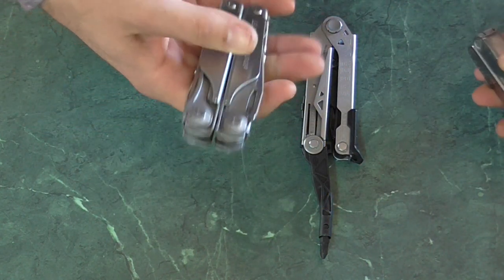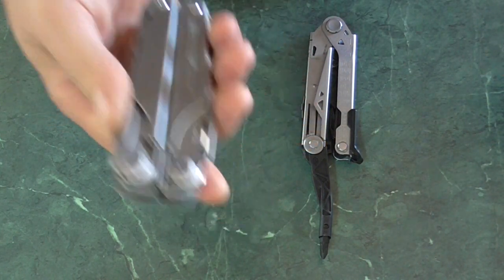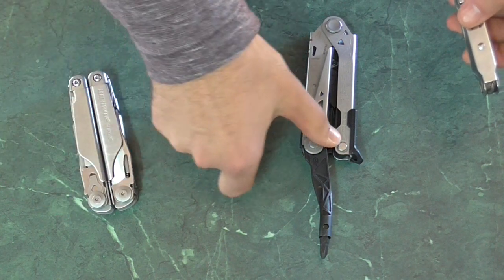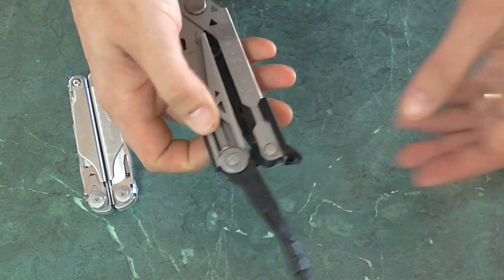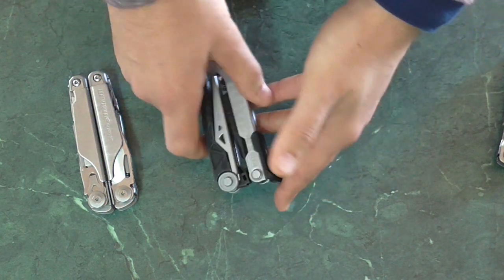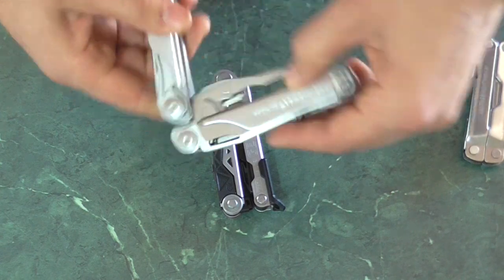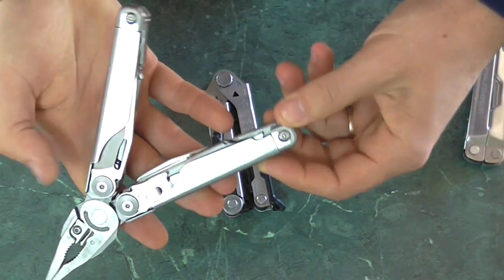Whether you use those tools, I don't know. To be honest, I never used the saw or the scissors or the file, so that's just me though. The outside opening screwdriver I think is a great feature because it's probably my most commonly used multi-tool tool, the screwdriver, and in pretty much all of them you need to be opening them up to get to the screwdrivers